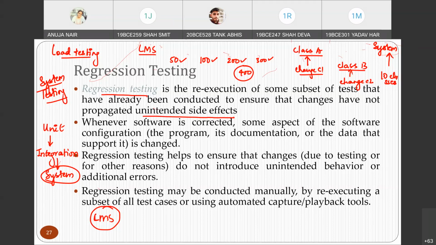It's just that once you perform unit testing, once you perform integration testing, once your system is entirely created, and then you go and change something, is this change creating some side effect in your system? Is it creating some false values, some dependency in your system which was not there previously? That is called regression testing.